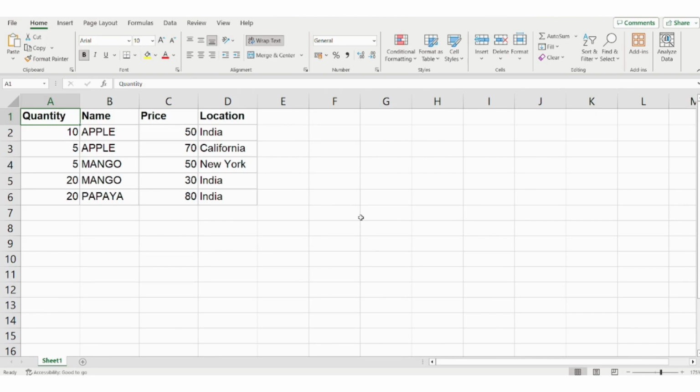Welcome to Immature Designer. Today we will be learning about how we can make a pivot table using this pivot option in your Excel. So first of all, this is an example data in which I have written the name